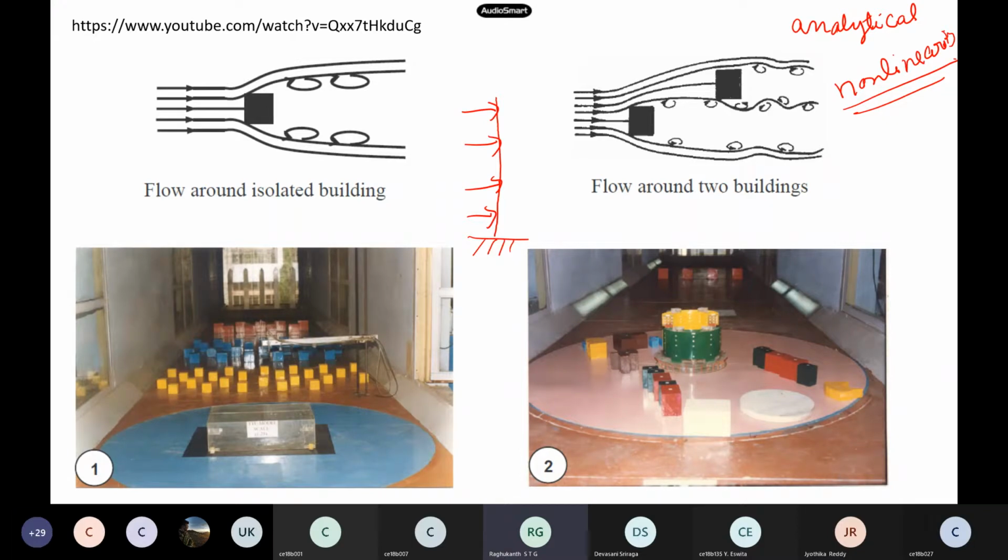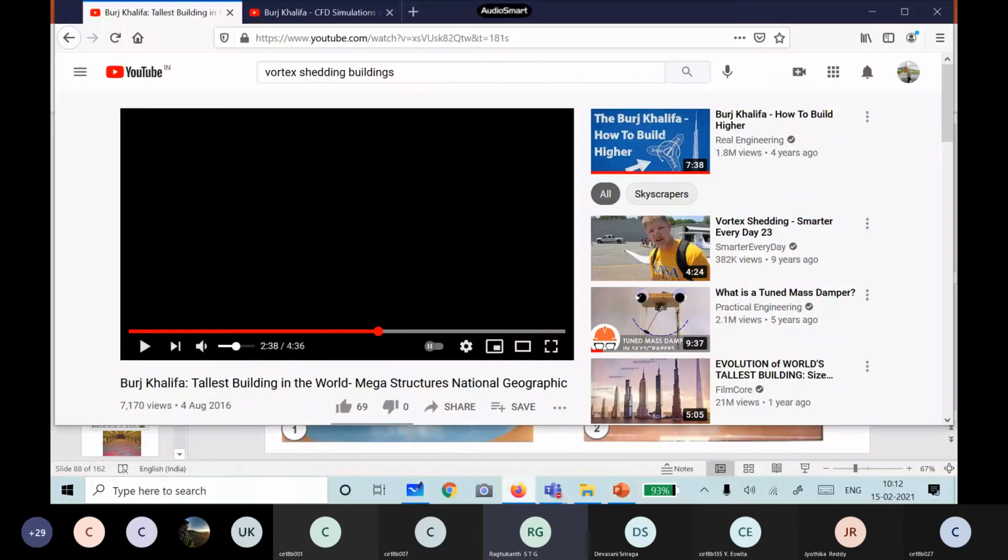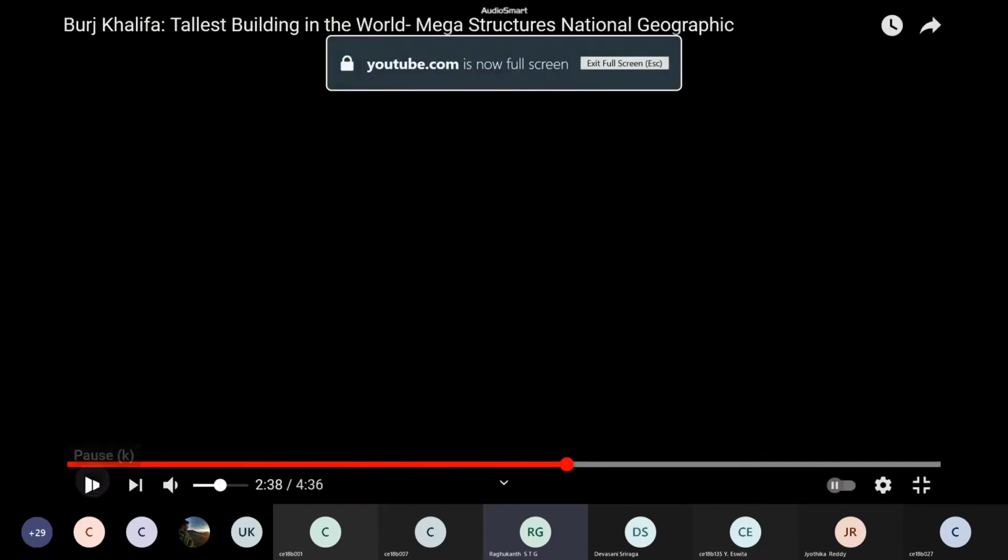Parallel, same, parallel to the load actually. But under what cases does it go perpendicular to the load also? The load is applied in the x direction, but the building is vibrating in the y direction also. This may also happen during wind. Okay, so you can see, these small things, I will just show you a nice video now. So you can see here, it's a nice video.